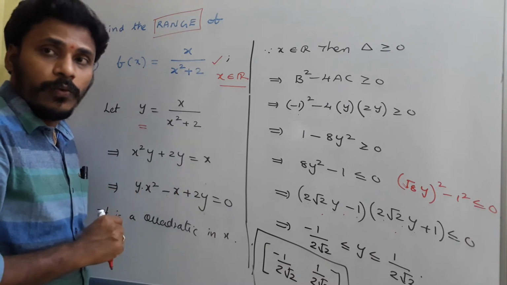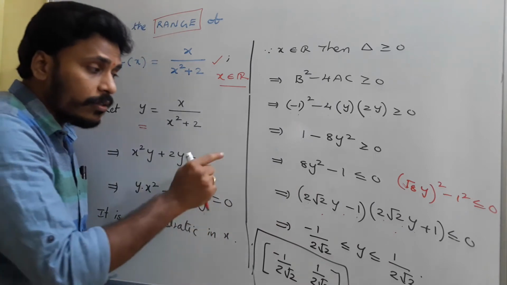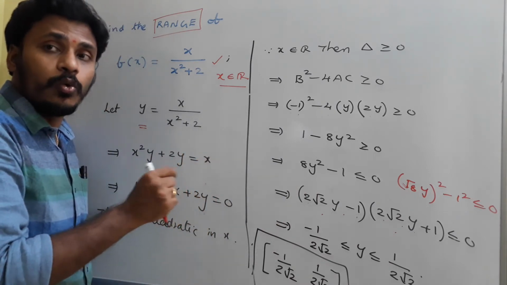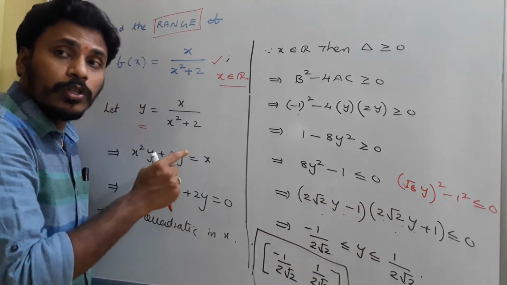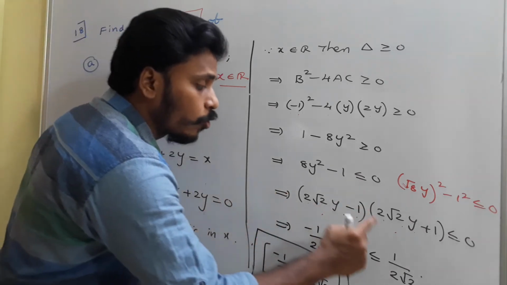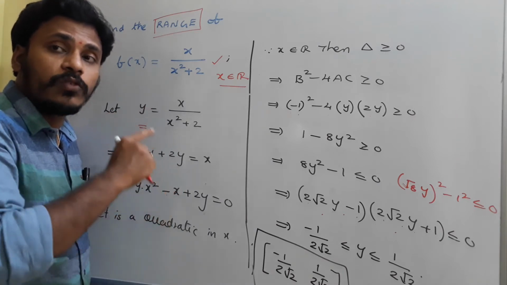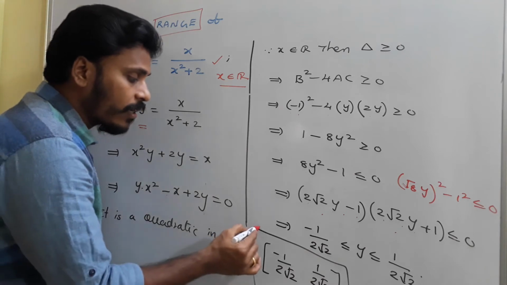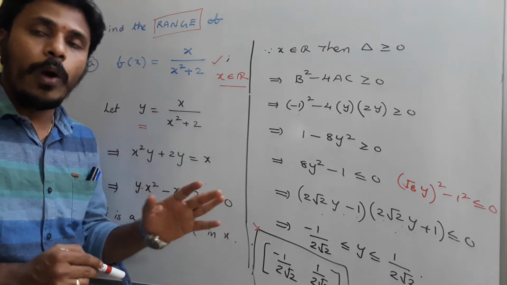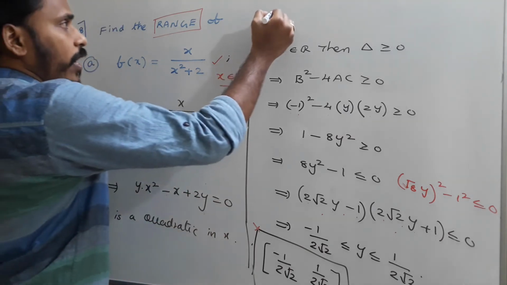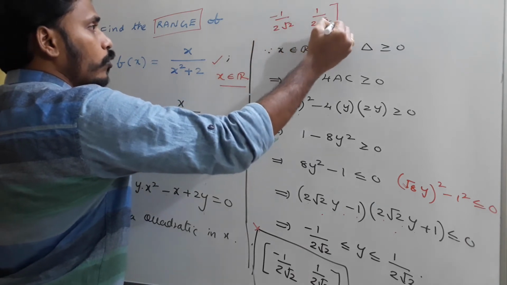So from there we need to decide y. We are again familiar with this way of expressing. Since this product is less than or equals to 0, that variable y value is in between the roots of these two terms. Here it is minus 1 by 2 root 2 and there it is 1 by 2 root 2. So the values of y are in between minus 1 by 2 root 2 and 1 by 2 root 2. So at the end the range of the given problem is the closed interval minus 1 by 2 root 2 to 1 by 2 root 2. So this is the range at the end. Just have a look.